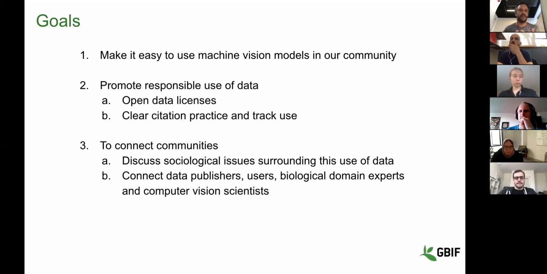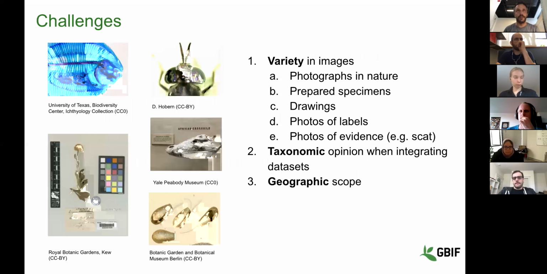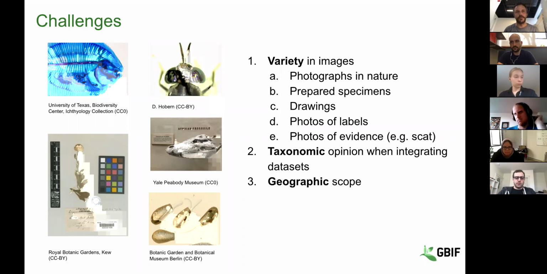Of course, it needs packaging, it needs proper treatment of licensing, citation, and so forth. But these are things that GBIF knows how to do just from their role as a database management operation. So we worked with them to do this. And just to point out, this isn't just images that are captured in the wild. There's herbarium sheets, historical drawings of species, x-rays, microscopy images. So there's pretty diverse images in GBIF.